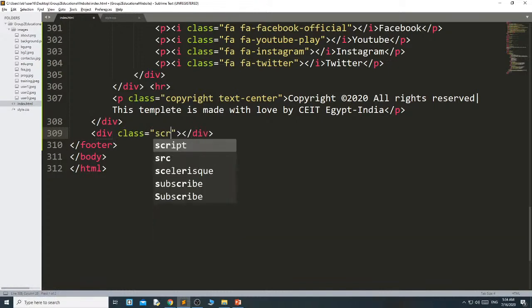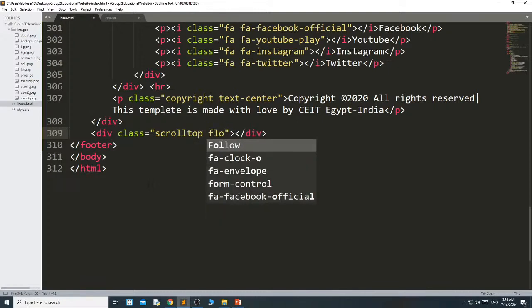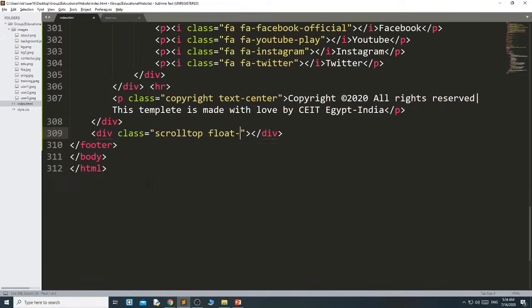I just give the class name scroll top. This is my class name, and I want it on the right side. That's why I have given float right, so that it will display on the right side. Then I just copy this thing. This is FA